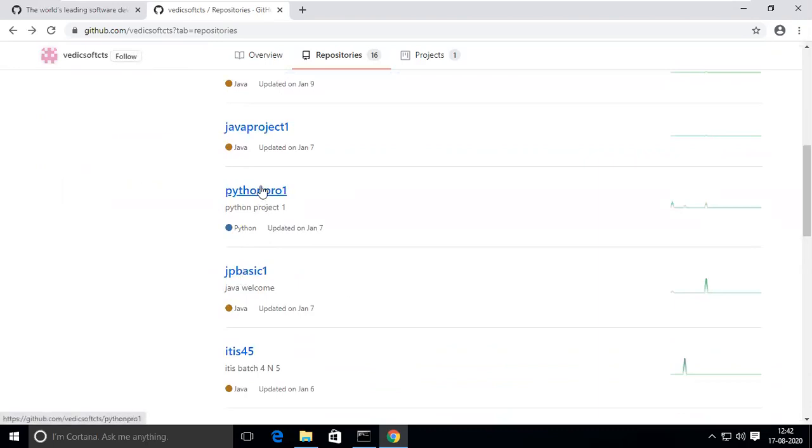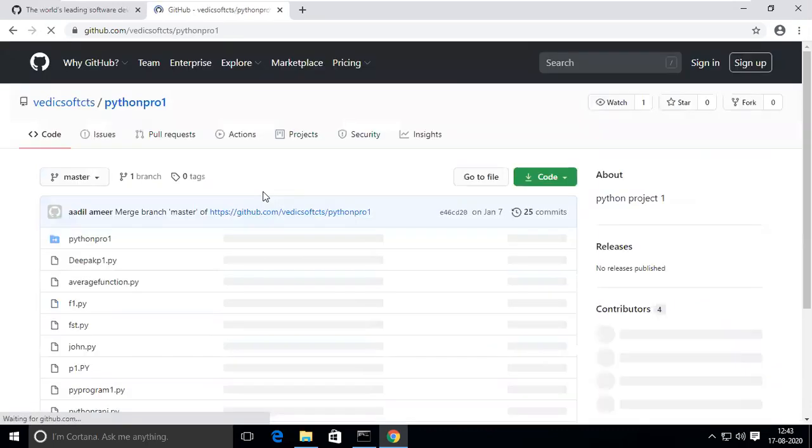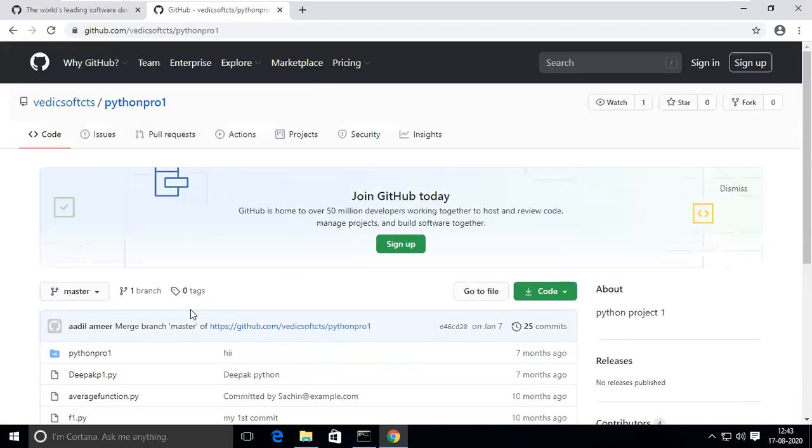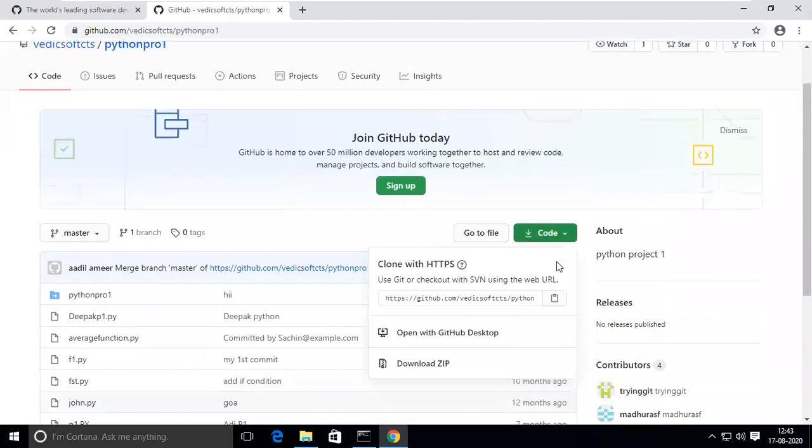Then I will go to Python. There are a lot of files there. I went to Python Pro 1, and once you go to the code part, you can see the link. It is a Git link. You can use SVN or Git, or you can download it as a zip file also.